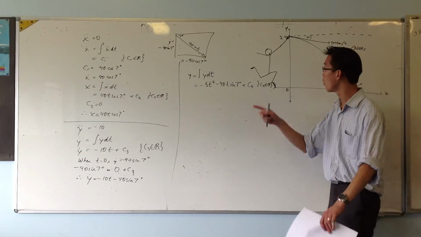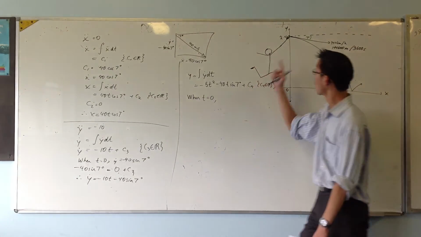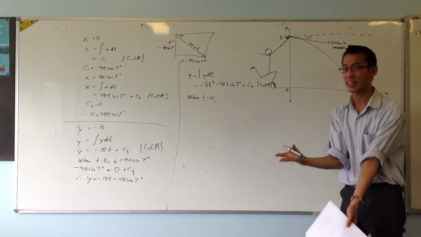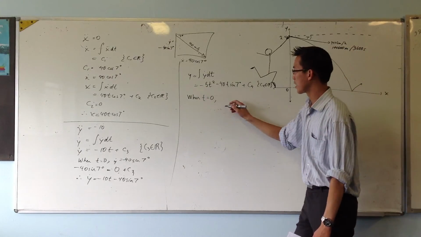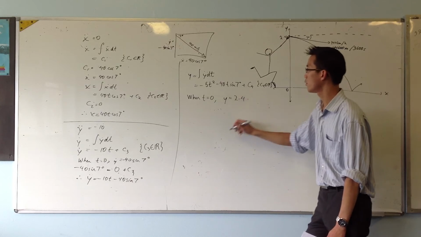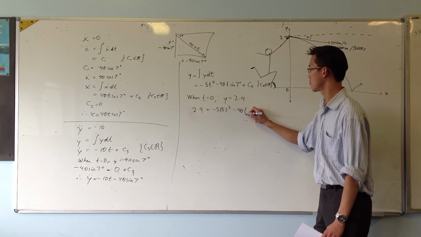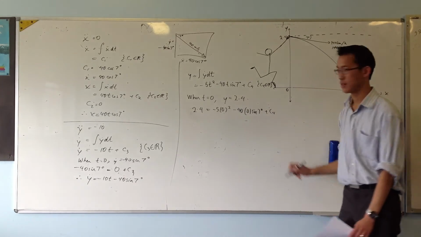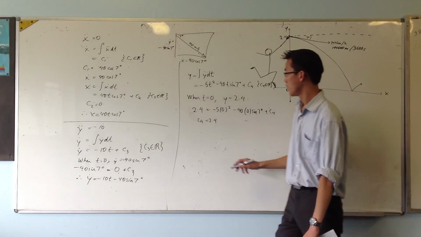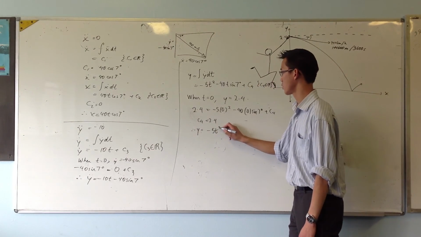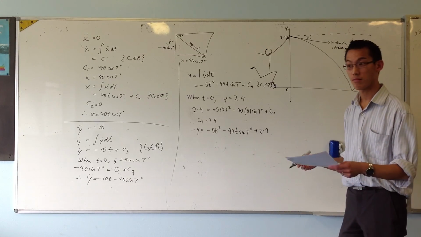Now here's where the question gets it wrong. They call this point the origin, but quite obviously it's not the origin. So when t equals 0, according to this diagram, y is 2.4. By the way, we could just as easily have defined this as the origin, and later on when we're trying to work out this spot, it would be minus 2.4. It doesn't matter. Here we're going to have y be equal to 2.4. So 2.4 is equal to minus 5, 0 squared. So there is my C4, that's the value I'm actually going to slap in. Therefore, my actual displacement function is minus 5t squared minus that, plus my constant. Is that what I wanted to show? Happy so far? Right, now